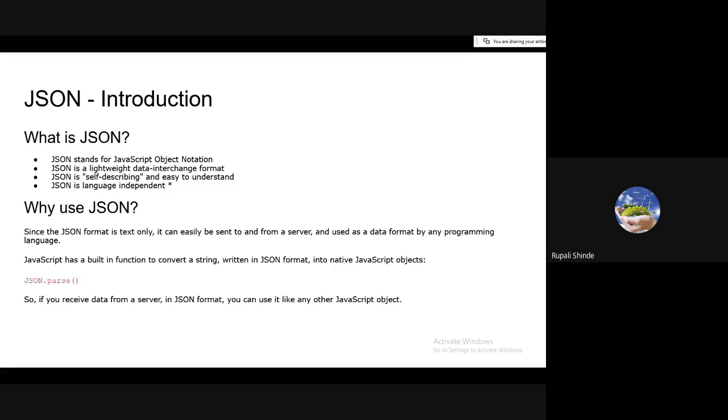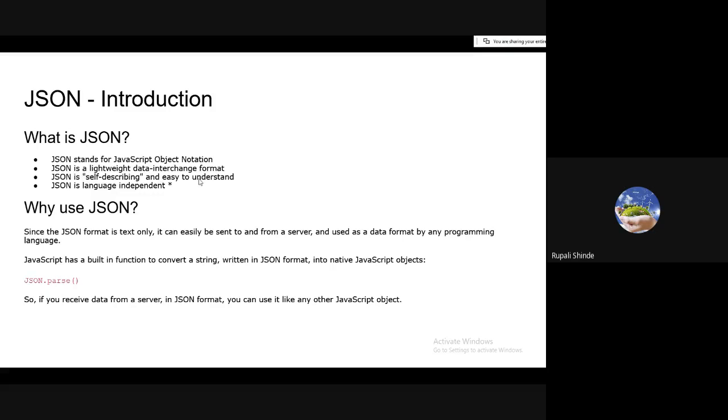What is JSON? JSON stands for JavaScript Object Notation.